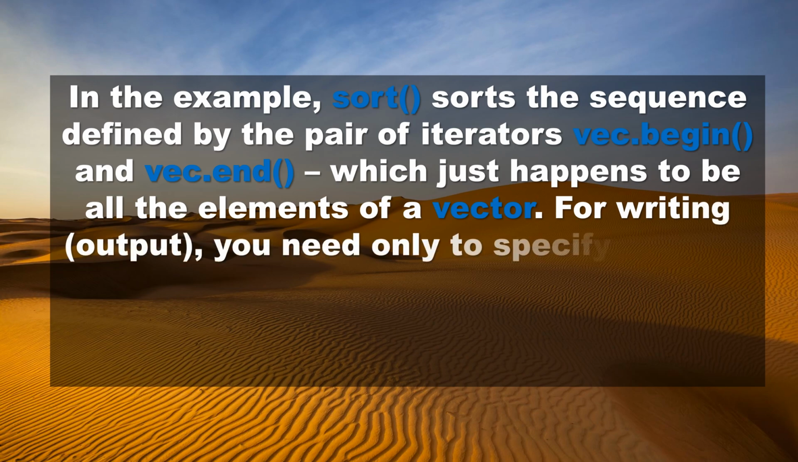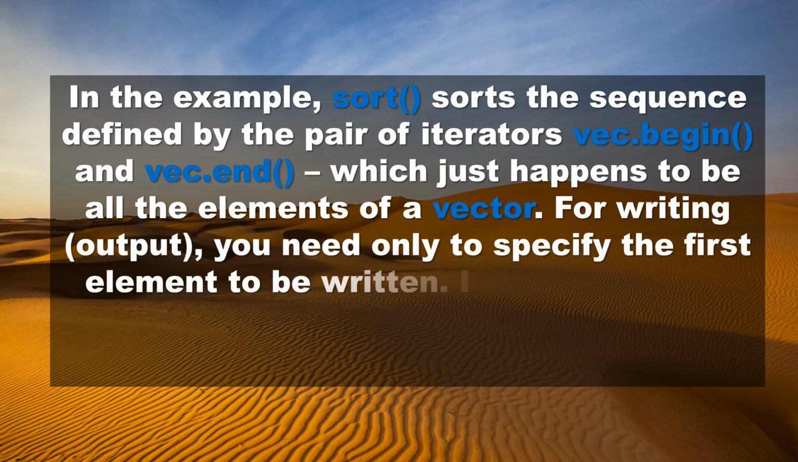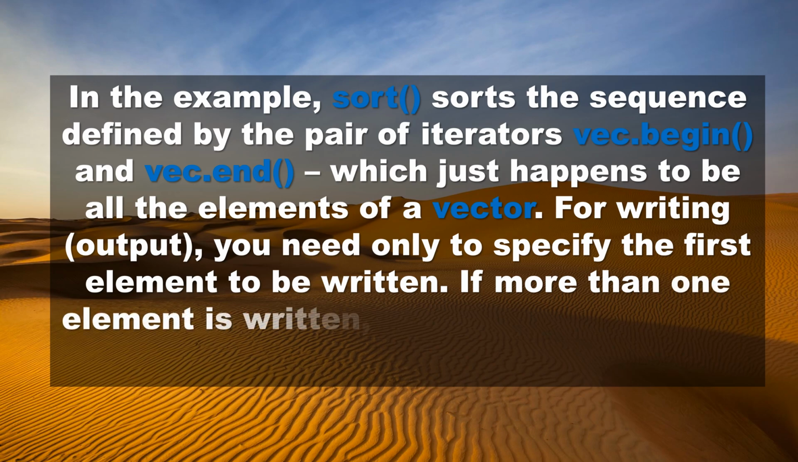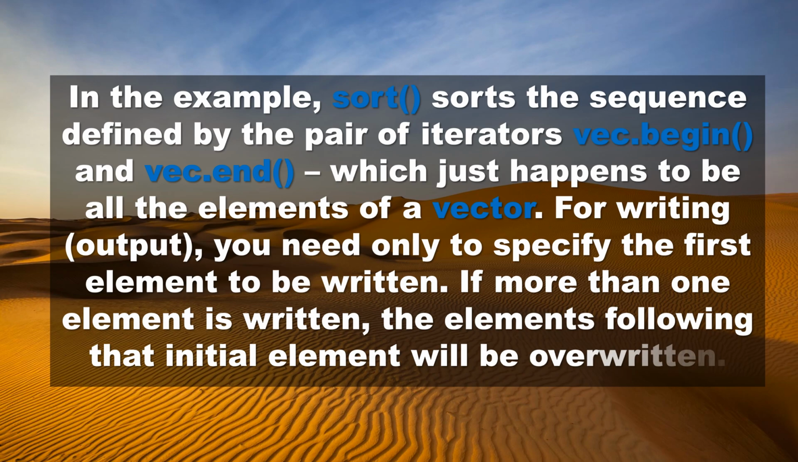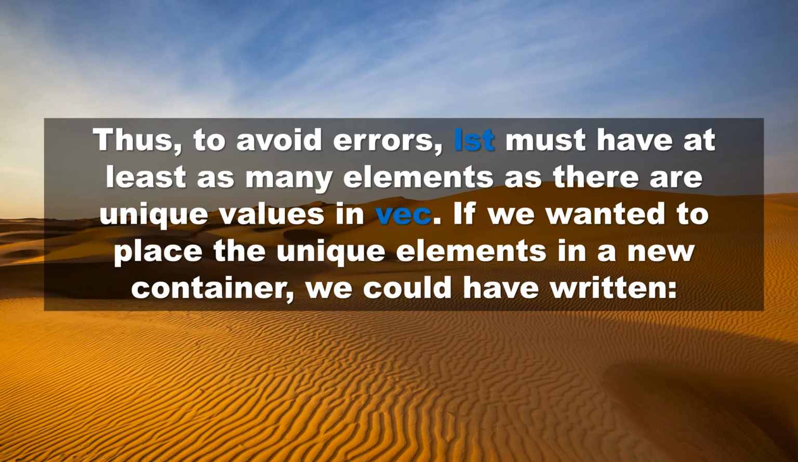For writing output, you need only to specify the first element to be written. If more than one element is written, the elements following that initial element will be overwritten. Thus, to avoid errors, lst must have at least as many elements as there are unique values in vec. If we wanted to place the unique elements in a new container, we could have written: